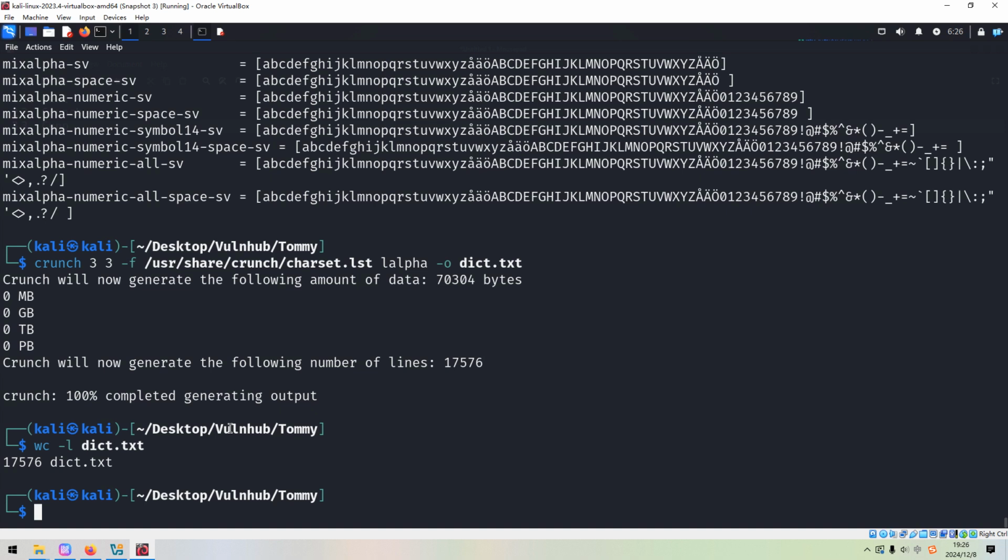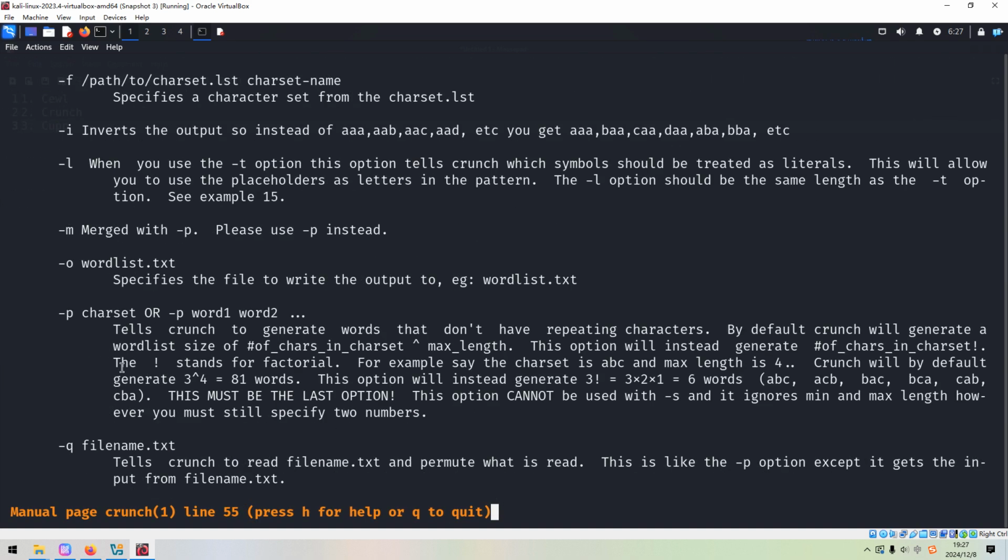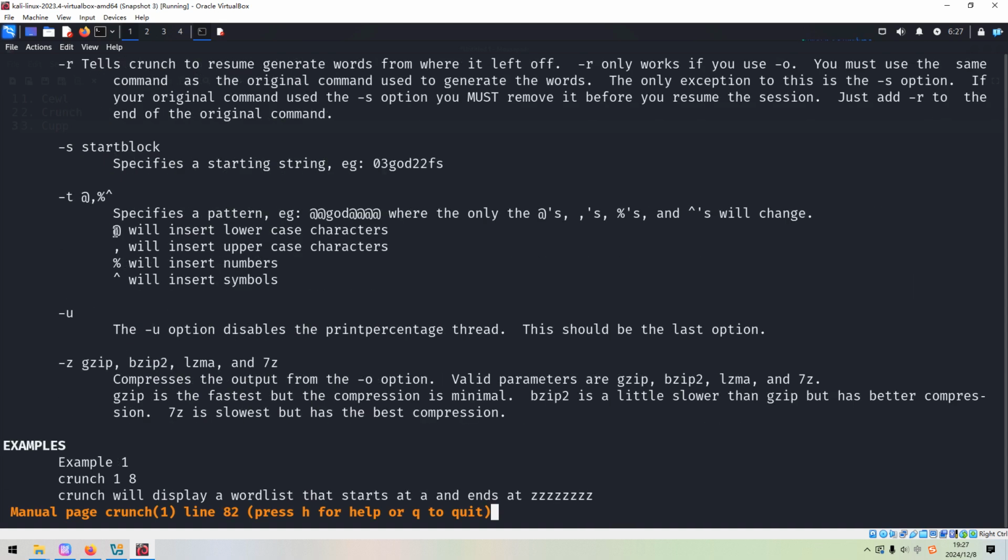Next I'd like to show you a very important usage, the option -t. This one can specify the type of the character. If we open up the manual of Crunch again and scroll down, for example, here the @ stands for lowercase characters, this one represents uppercase, and the percent sign represents numbers.